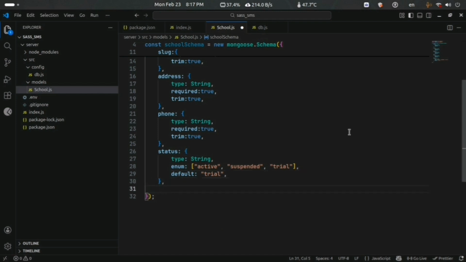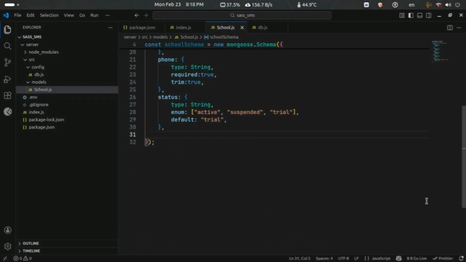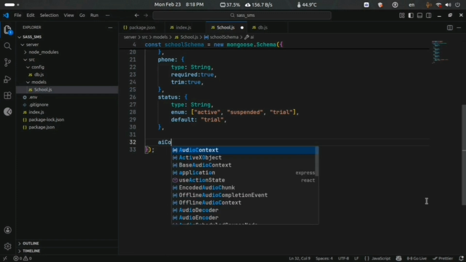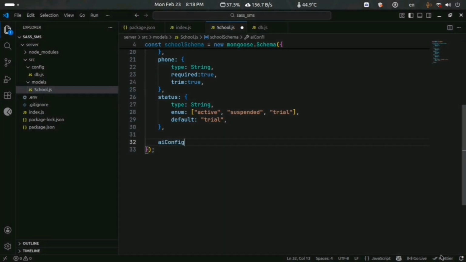Now add AI phase configuration. We aren't using this yet, but we will use it in phase 2 for AI features. We are making this an object so that we don't have to redesign the DB when connecting to OpenAI or any other LLM module.